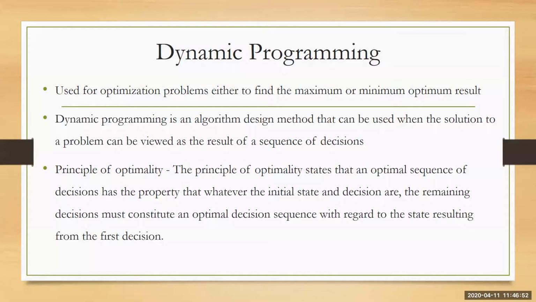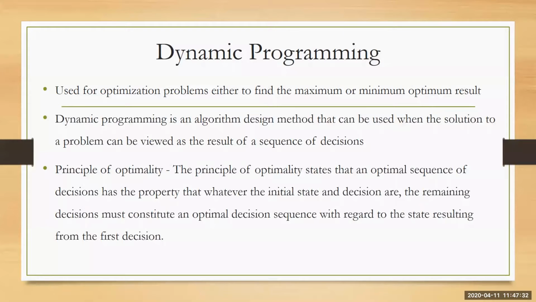That means you might have passed through many stages in that problem, and even though you have passed through many stages, the final result is based starting from the first decision. It doesn't just depend on the previous decision. Whereas in the greedy problem, the current result or the feasible solution was dependent on the previous result. But here in dynamic programming, it is dependent starting from the first decision. So that is where dynamic programming differs when compared with the greedy method.